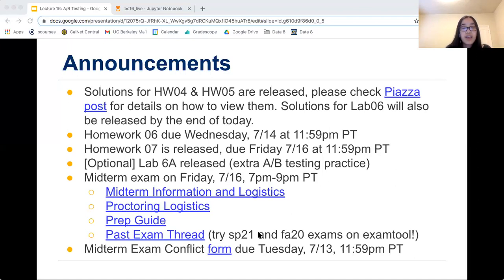And we won't be making any exceptions. So it's your responsibility if you have a conflict to fill that out. If you have a midterm that conflicts with our midterm that can't be changed, if you provide proof, we'll schedule you at the alternate time. If you have a time zone conflict or any other kind of serious conflict, we'll accommodate that. If you have a club meeting or something like that, we won't really be accommodating that. But make sure if you have a conflict, please fill out the form.